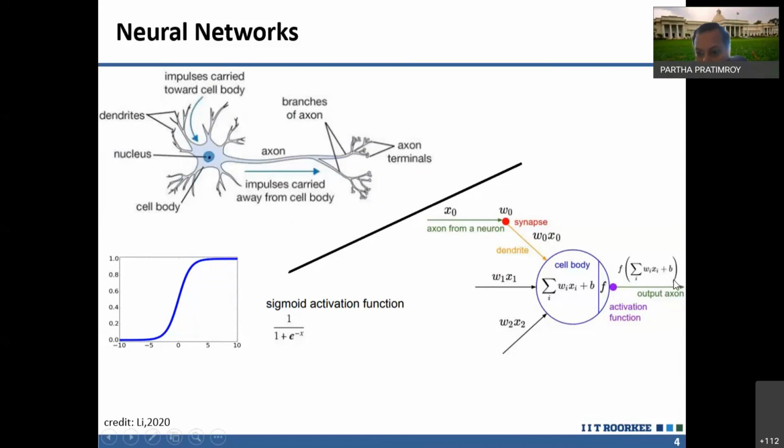In what level? Shall we modify those features? For example, this total value could vary from minus infinity to plus infinity. So shall I consider the positive value? Shall I consider the negative value? Or shall I clip them? Or shall I make this total value fall in, for example, the -1 to 1 range? Those kinds of operations are done by these activation functions. So this AF is basically an activation function, and inside it you have this processing.